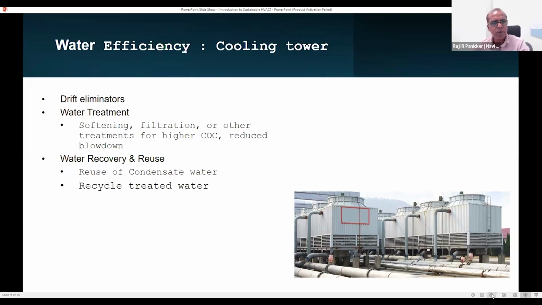For a cooling tower, you can use a drift eliminator to reduce the droplets which go out through drift. You can have a water treatment plant, which can be a softening plant or filtration, to increase the COC level, which in turn reduces the blowdown. For water recovery and reuse, reuse of condensate has been done for Terminal 2. That is one of the largest, I presume. I don't know of any other project that has done that on that scale, and we recover almost 60,000 liters of water per day